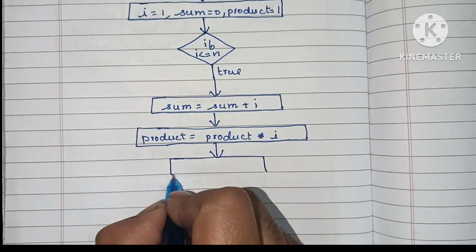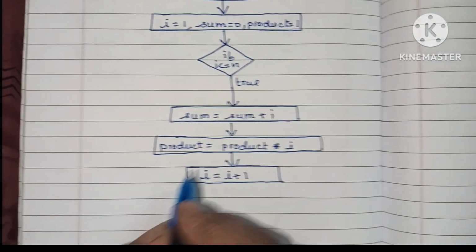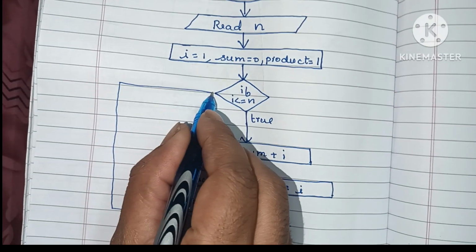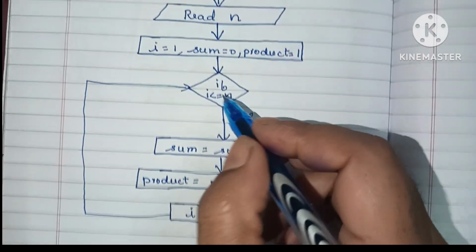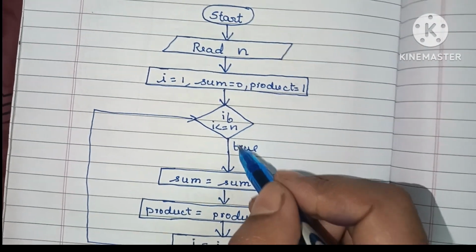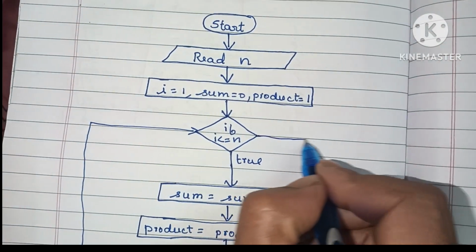So next we have to calculate the i value: i is equal to i plus 1, and repeat this process again. Next we have to go to the comparison statement after increasing the i value by 1. Here it will again check if i value is less than or equal to n. If this condition is true, it will repeat this process again. If this condition is false,